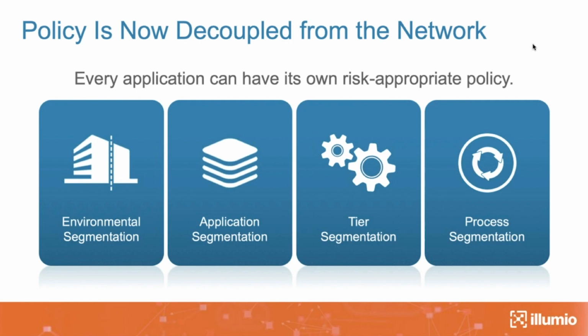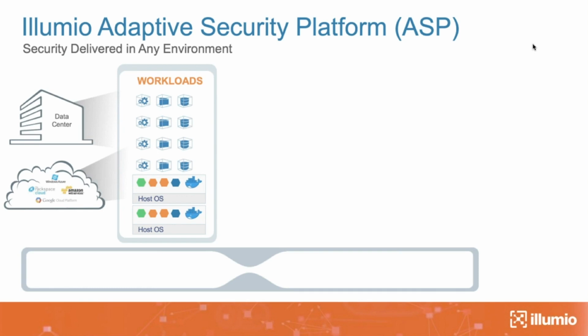Actually, the last part in a whitelist model is redundant because only what you say is allowed, everything else is disallowed. And at times, if let's say you are dealing with regulatory environments and things like that, you may even go down to the process level segmentation, where you might say, I actually have a process running in my web layer, and I'm only going to allow it to run on this port and for this particular service. So you have that granularity all the way from left to right, as you see, and different applications may have different requirements even within the same organization. So let's tell you how Illumio does it.